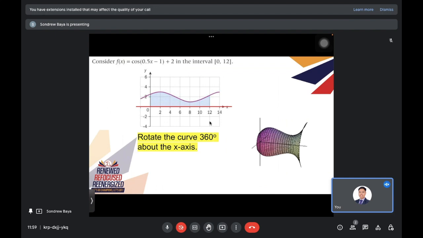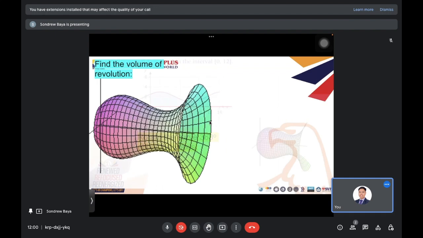Since it's a three-dimensional object, we can already find its volume. So how do we find the volume of revolution? Take note that this 3D object started from a simple curve rotated 360 degrees about the x-axis. If you look at this one, the rectangle method is no longer applicable since we already have a 3D object. However, if you look into its cross section,